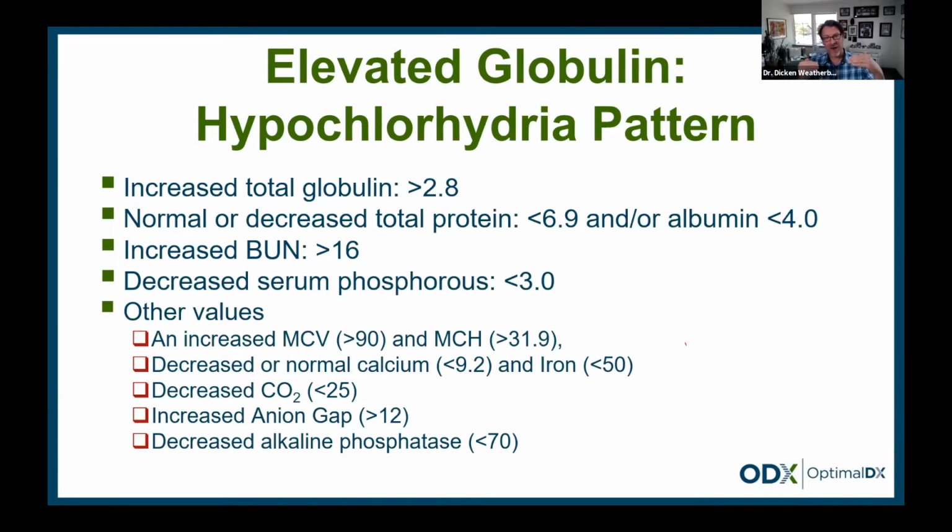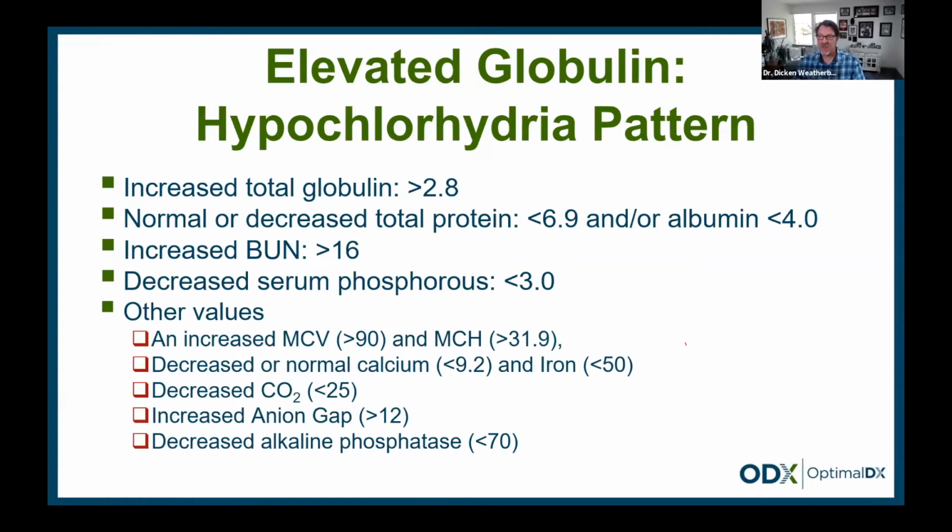So as the globulin levels start to go up and the albumin levels start to go down, the sum of those two can actually lead to a normal total protein. But depending on how severe the low albumin is, you can actually get a total protein that is slightly decreased as well. You also see your BUN levels start to go up. Not enough to trigger as a kidney marker, but definitely as it starts to creep up above 16 and you're seeing the globulin levels start to go up and maybe the albumin levels starting to go down, you're starting now to put together this picture of hypochlorhydria in your